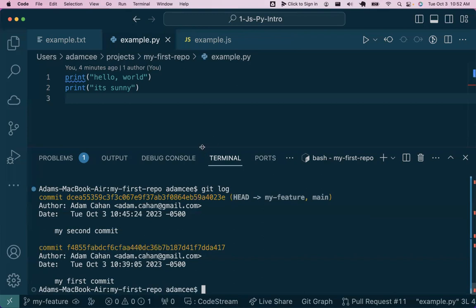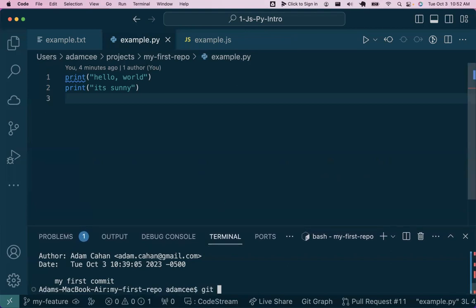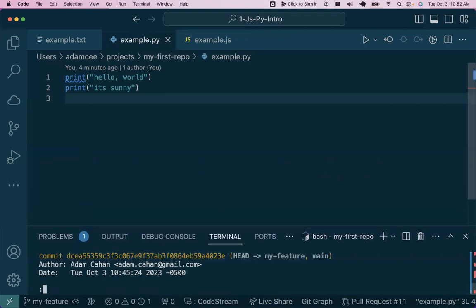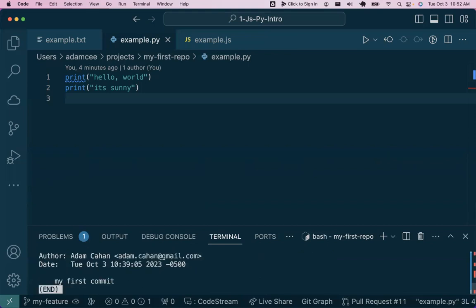I'm not sure. Maybe if I make my terminal smaller, it'll do that. Let's see. Yeah, there we go. So probably what's happening is there's a command line. If you look at the bottom of my screen, this is what chat is seeing. Essentially when the terminal doesn't have enough space, there's this little semicolon here and this little cursor. If I hit spacebar, it paginates. It goes through each page. And then when you get to the bottom of the page, you see end,